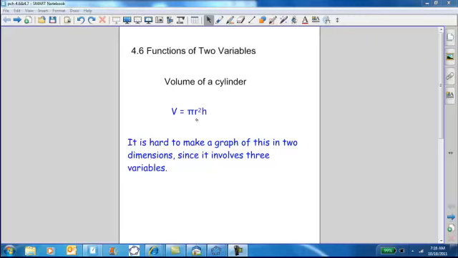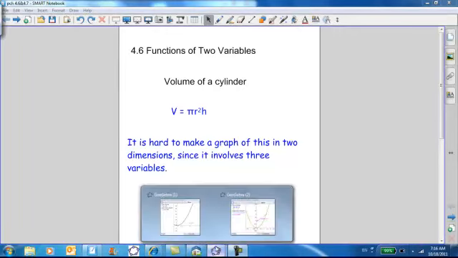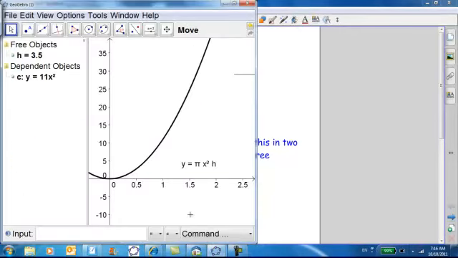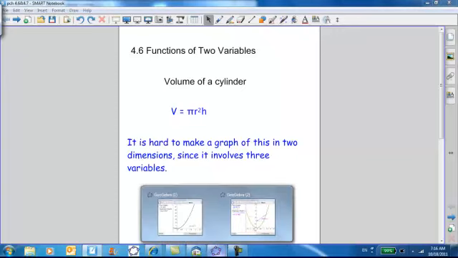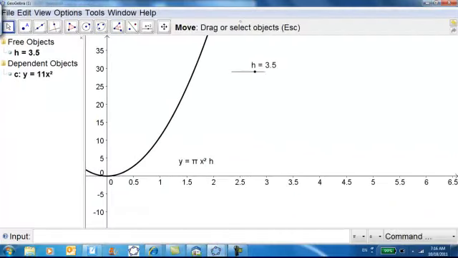If you recall the volume of the cylinder, it's pi r squared h. So now you've got an equation that relates three ideas: the volume, the radius, and the height. Now, it's hard to make a graph of this in two dimensions since it involves three variables. So what we do is a little trick, and we use a two-dimensional graph, but we create the third variable as another constant we evaluate at